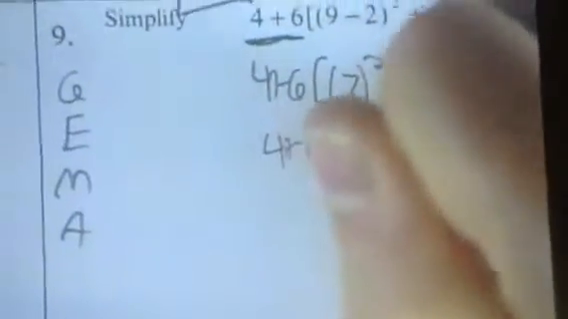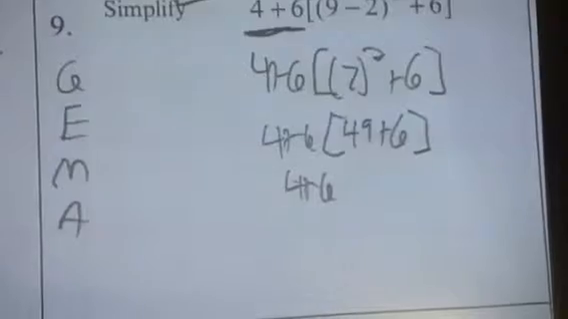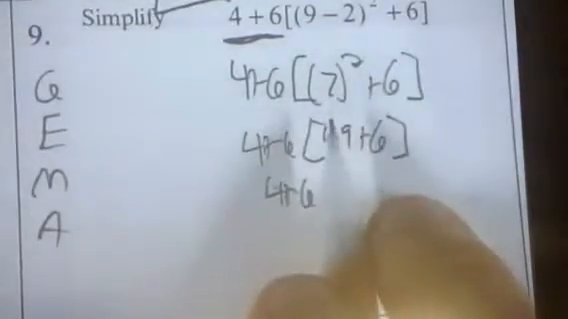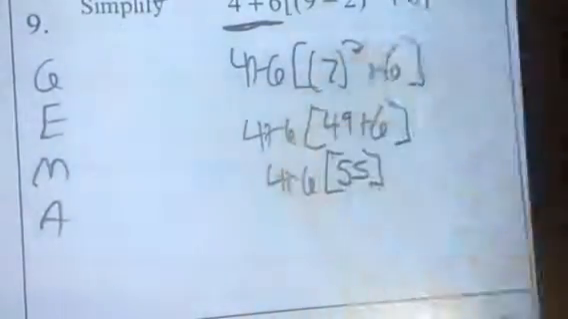Bringing down every single step. 7 squared is 49 plus 6. I'm bringing down 4 plus 6. I'm not adding this 4 plus 6 until I've done everything inside grouping symbols. I've done my exponents inside grouping symbols. I'm about to do my addition inside grouping symbols. This is 55. Now I've got addition and multiplication. I do multiplication first. 55 times 6,